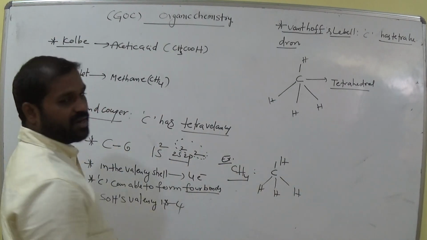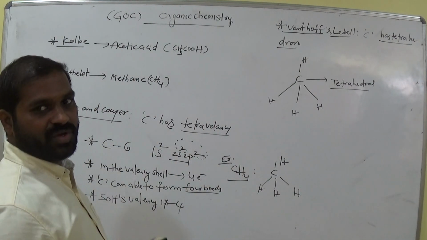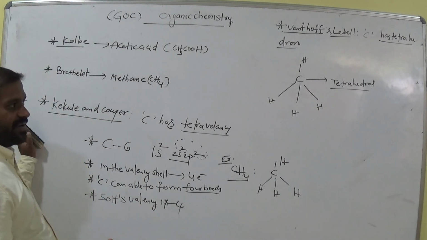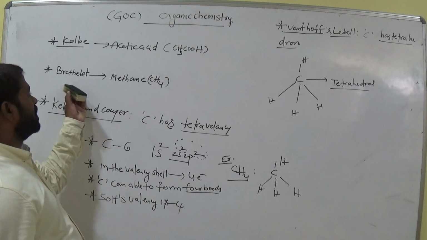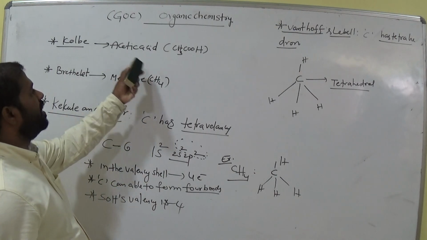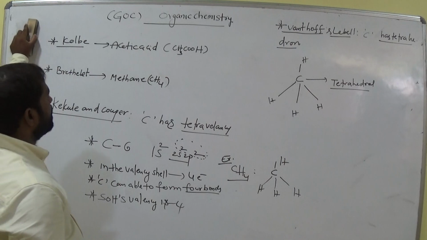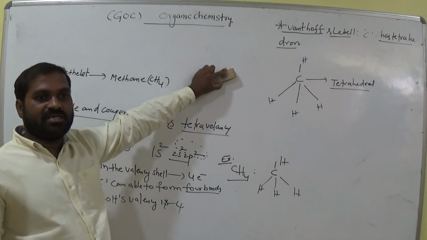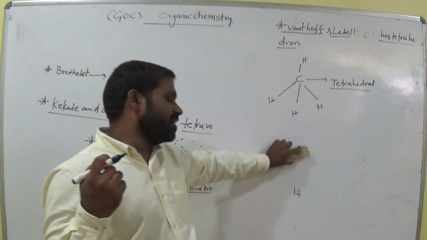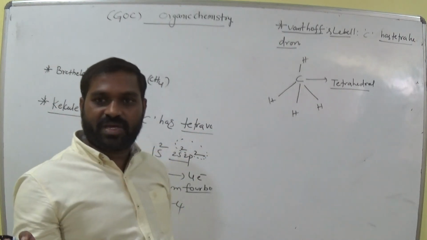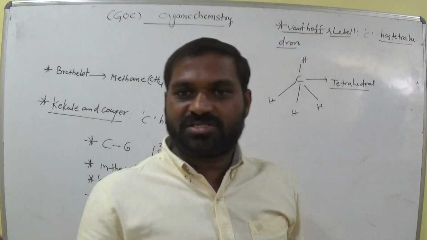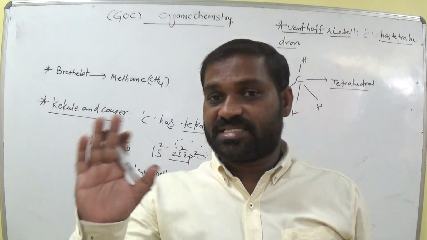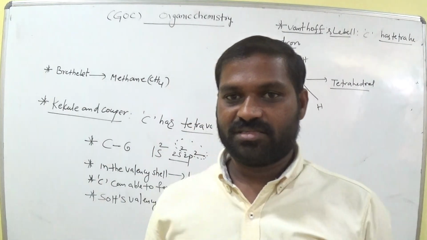This is just fundamental information about organic chemistry. We call it general organic chemistry. Okay. So carbon has tetravalency. Who proposed it? Kekulé and Cooper. So Brathwaite prepared methane, Kolbe acetic acid and Wöhler urea. What is the first synthetic organic compound made in the laboratory? Urea already exists in human beings. Urea is present in urine also, animal urine. So it is already there, but synthetically he prepared it in the laboratory.